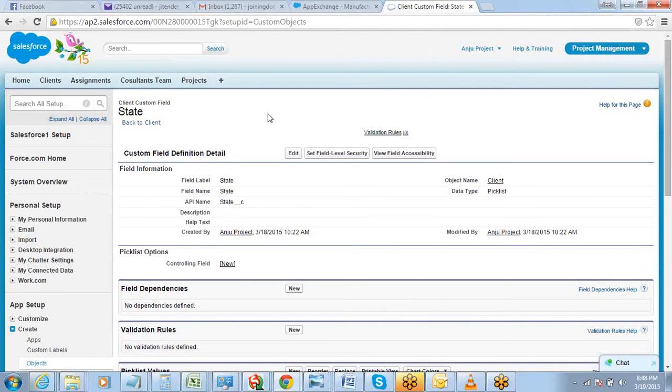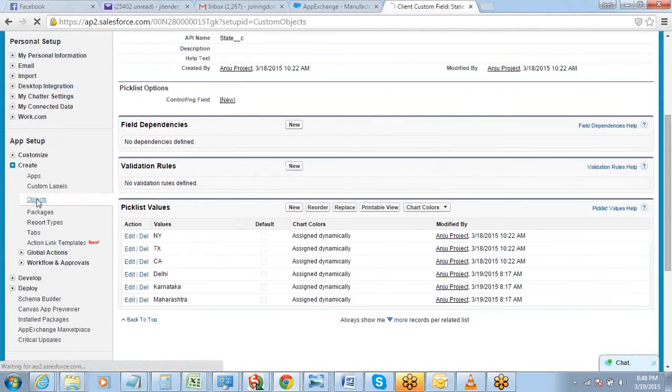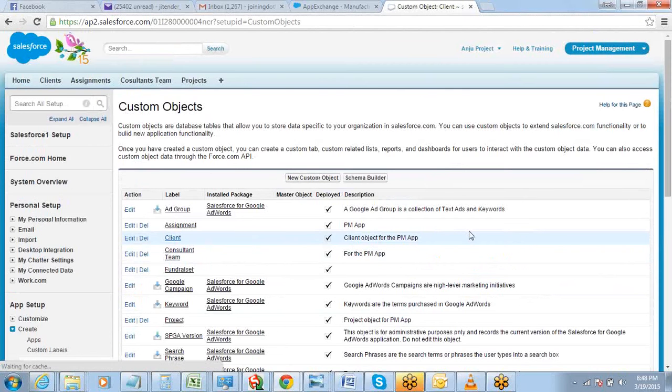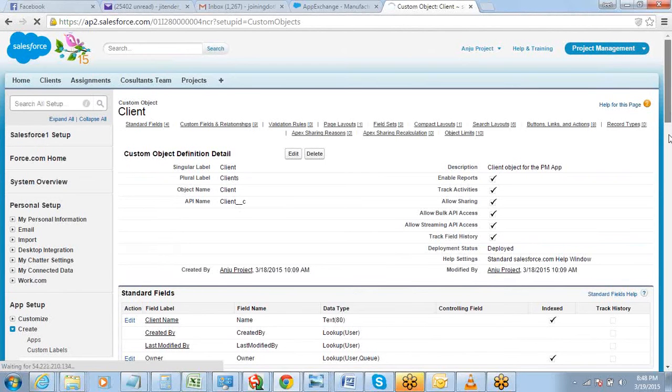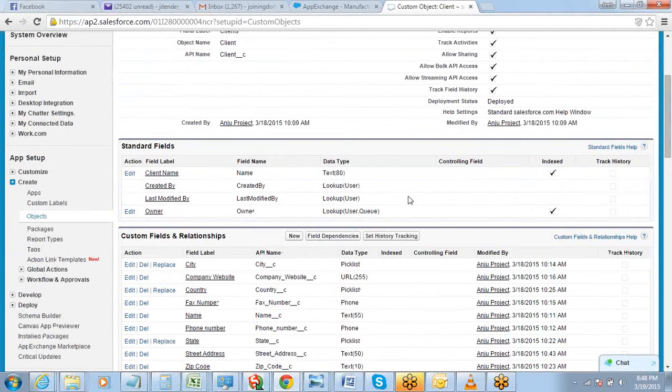So now what needs to be done? There is a field dependency which needs to be added in this object. For field dependency, you just have to go to that particular object, the client object. And where you create a new field, beside that you will have an option of field dependency.